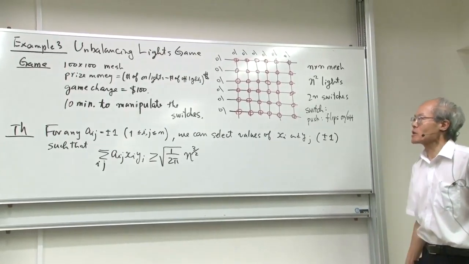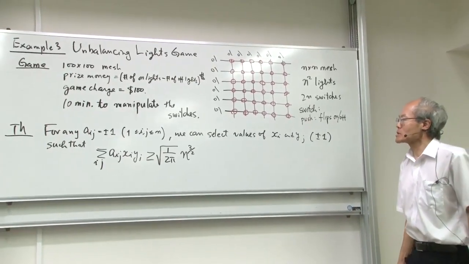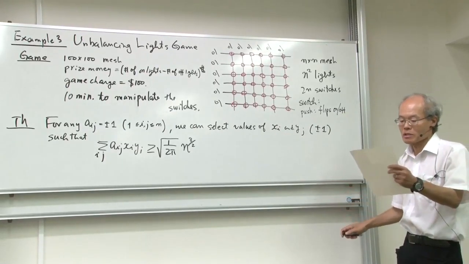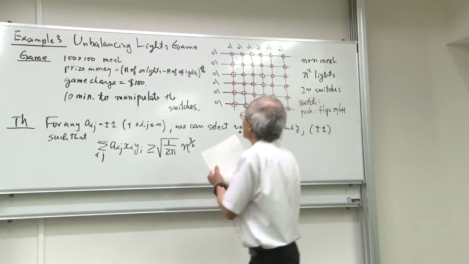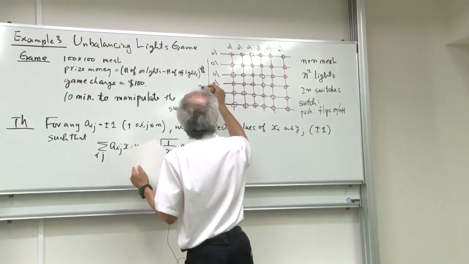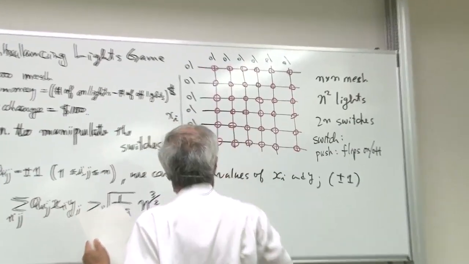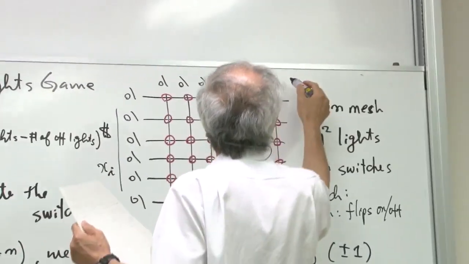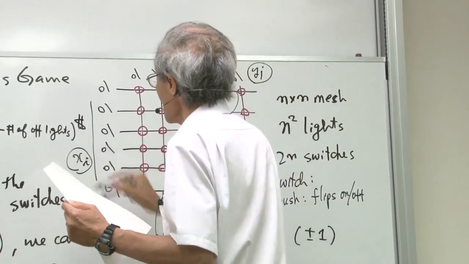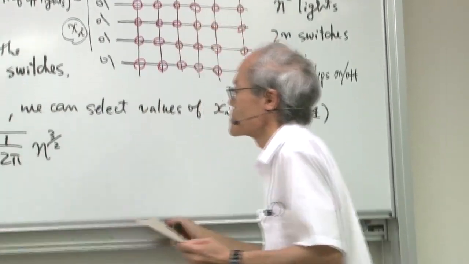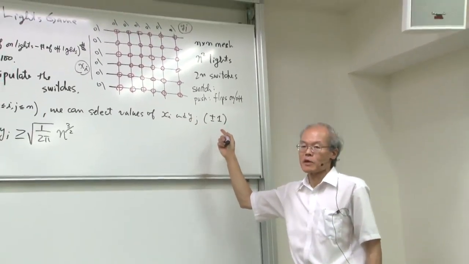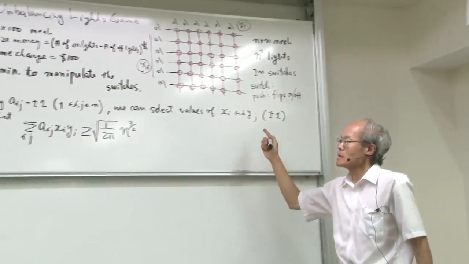For any initial on and off, we can select the value of x_i and y_j. This is a switch. Maybe this is x_i, and this is y_j. We can select the value of x_i and y_j, again ±1, such that